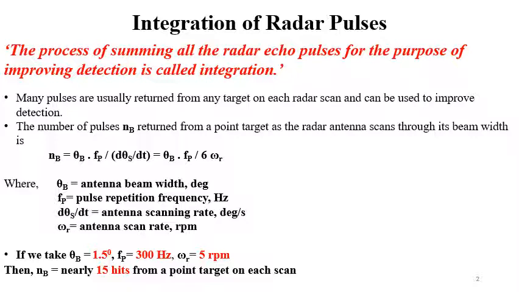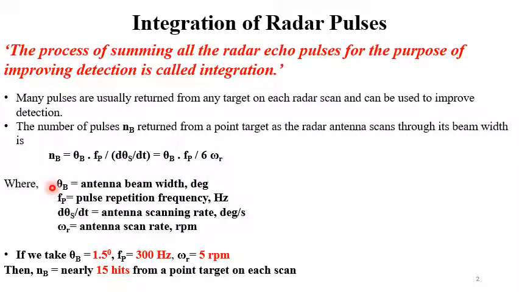Number of pulses, say NB, returned from a point target as the radar antenna scans through the beam width can be written as theta b into fp divided by d theta s dt, or you can write it in terms of antenna scan rate in rpm like theta b fp divided by 6 omega r,